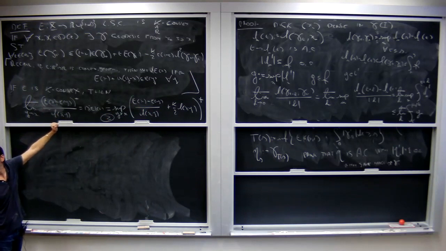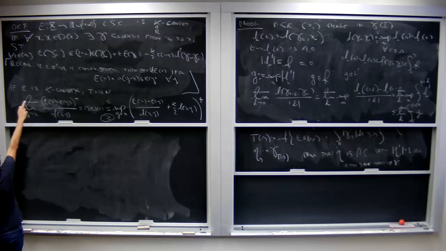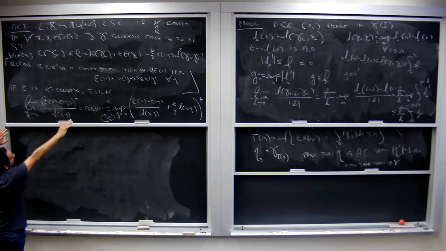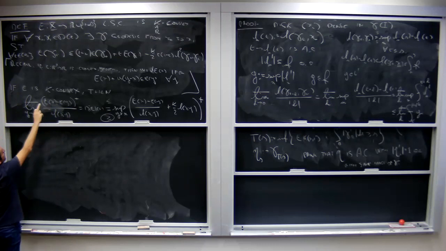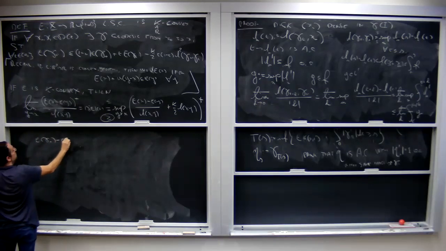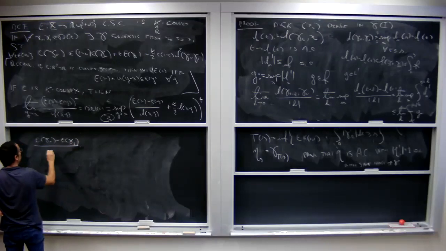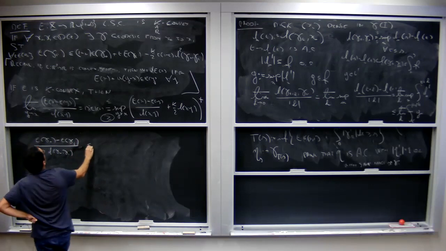Make sense? Okay, and which points will I pick? Well, I will pick the geodesic along which that inequality is satisfied. You pick. So I start from my function being convex, say K equals 0. I start from that inequality, and what I conclude, just with manipulation, is that E of gamma 0 minus E of gamma 1 divided by the distance between gamma 0 and gamma 1 is less or equal